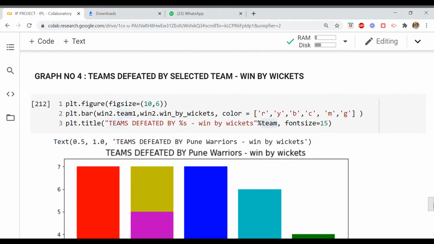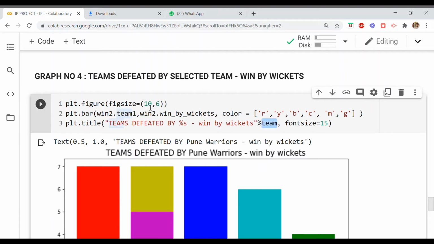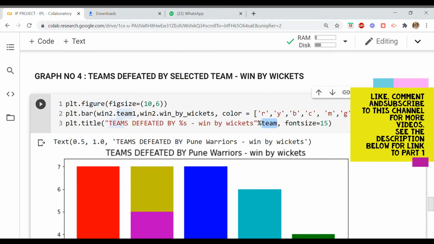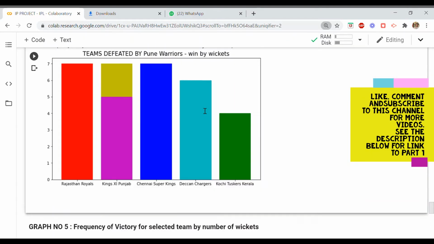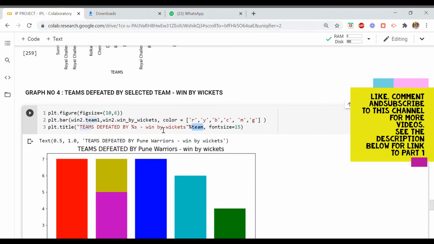This is the particular graph you can see here. Okay, so I have fixed the size of my figure. This is the command for changing the size of your figure. In this command, plt.figure figsize 10,6, we are trying to change or fix the size of our figure on the x-axis and y-axis. When I say figsize 10 and 6, 10 is for the x-axis and 6 is for the y-axis.